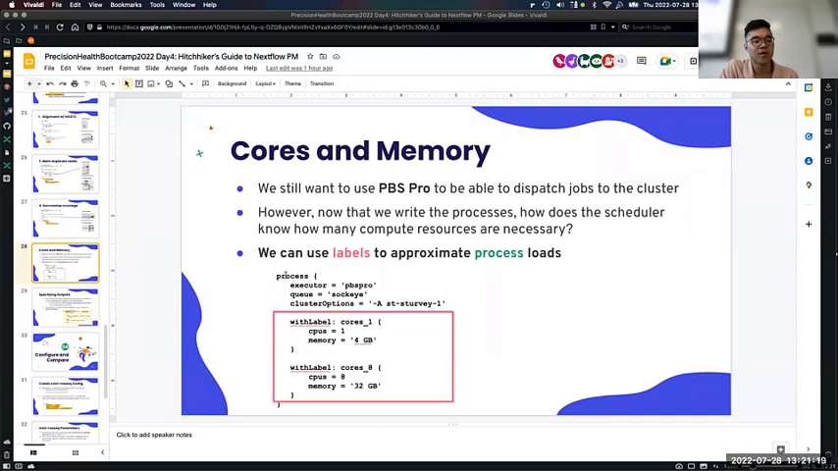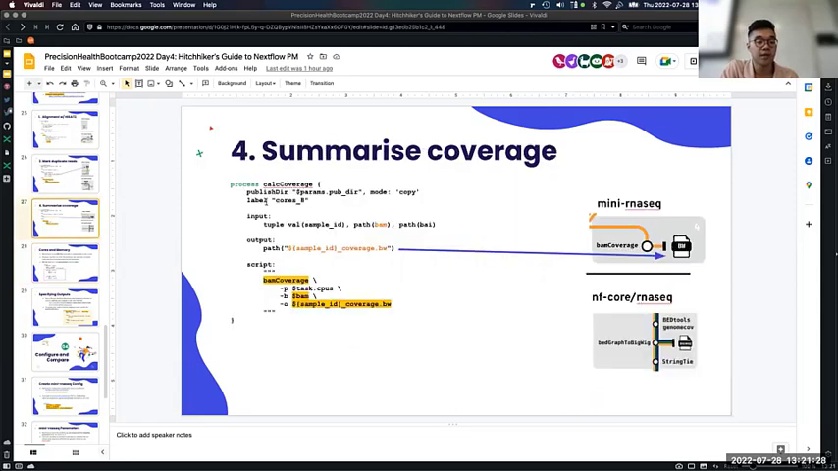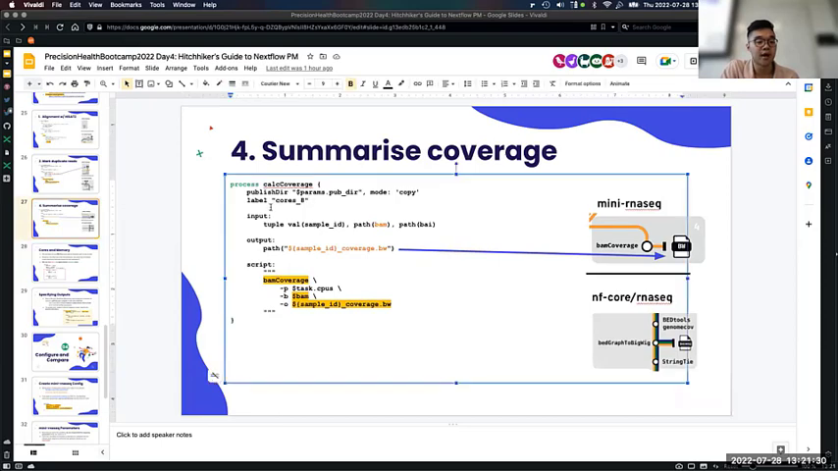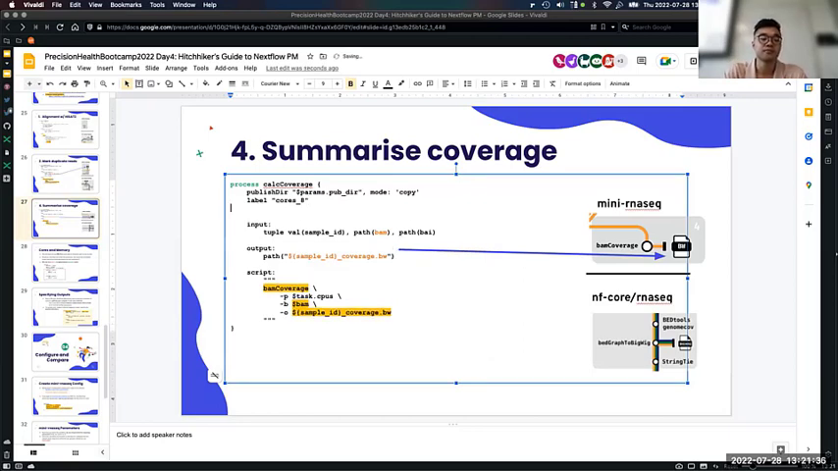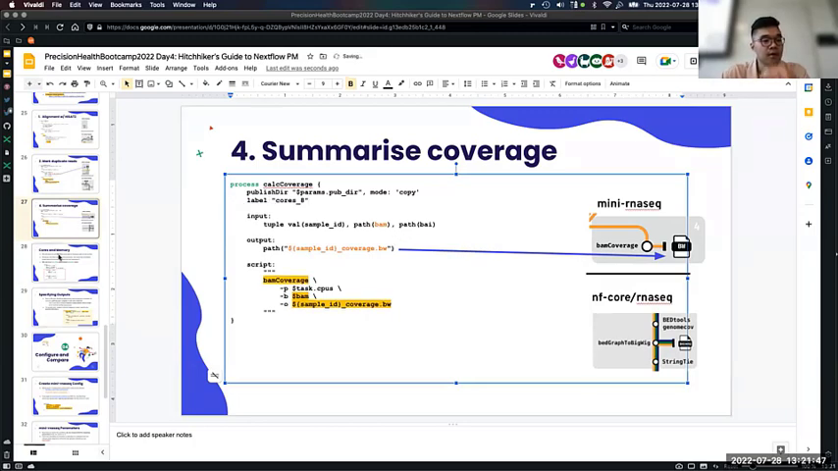And one way you can do that is by explicitly stating the CPUs and the memory at the top of every single process. So for example, inside here, you could write cores 8, like live coding. It'd be like cores 8 like that instead of the label, right? So the reason that you might want to do something like label is because